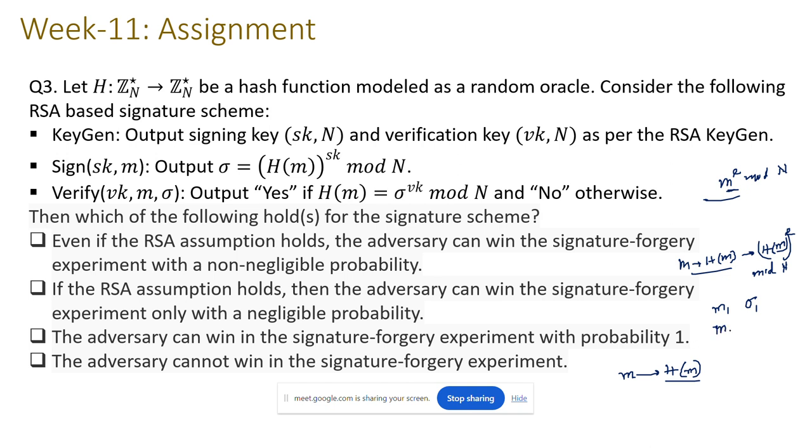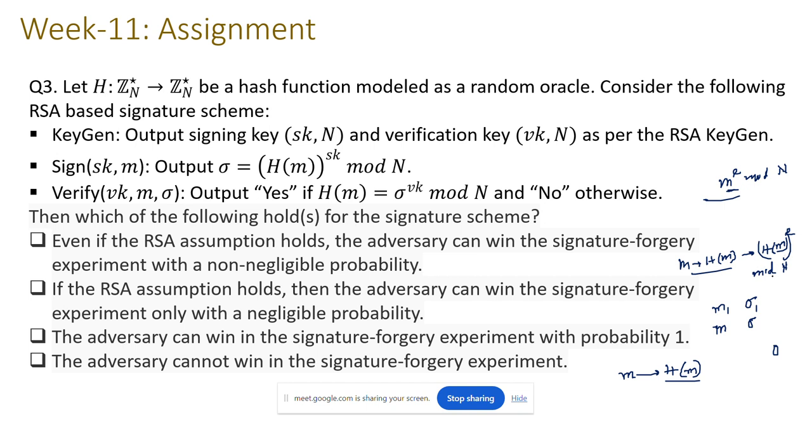For generating some forgery for other m and sigma, first thing is that, see, if the RSA assumption was not true,